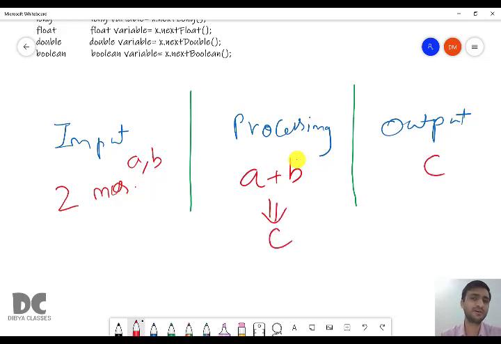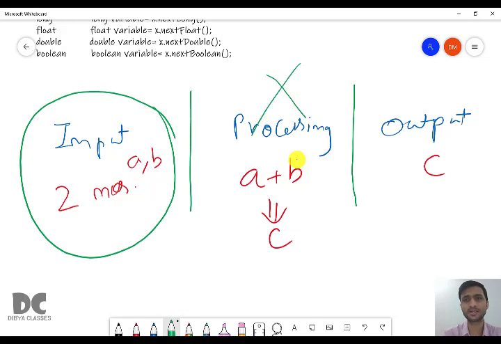Now all the programs in Java will be divided into three parts, that is input, processing, and output. So here, buffer reader, scanner, or parameter method, we are only talking about the input part. We are not talking about processing and output, because parameter method or buffer reader, scanner are used to input values, or to get values from the user. It has nothing to do with your processing part or your output part. We'll be only using the input part.